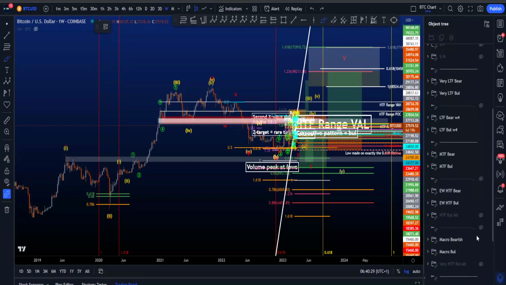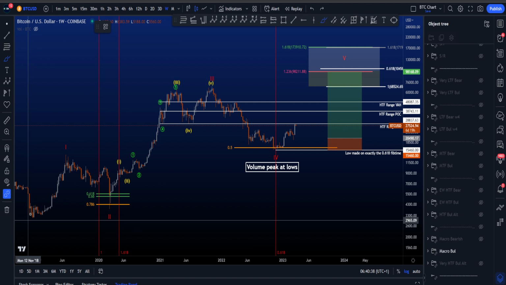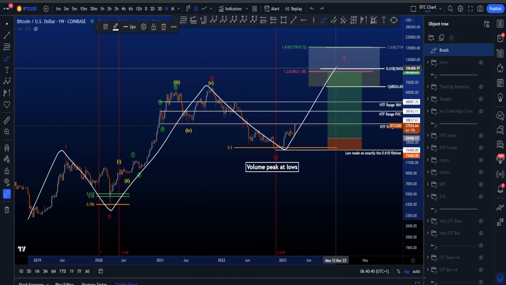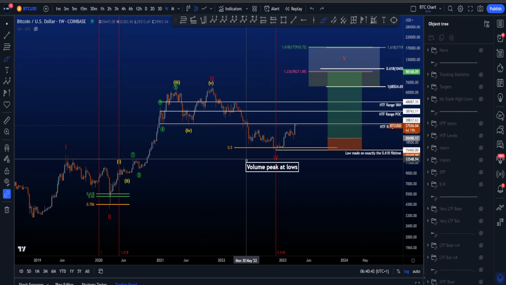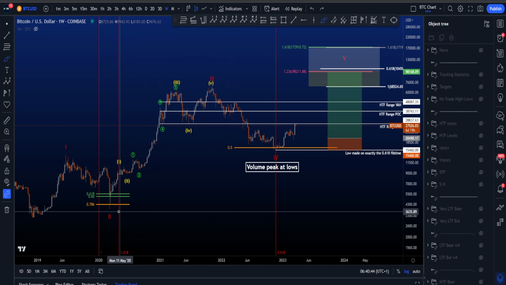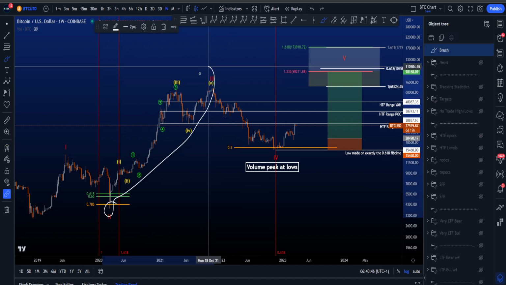Hi everyone, let's go through my preferred bullish and bearish macro, high time frame, medium time frame, low time frame and micro scenarios, including potential trading setups. So the bullish scenario on the macro is that this is a 1, 2, 3, 4, 5, currently working on this wave 5 after wave 4 bounced perfectly on the 0.5 fib, taken from the low of 2 to the